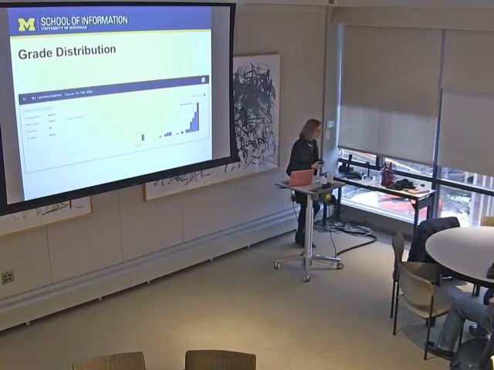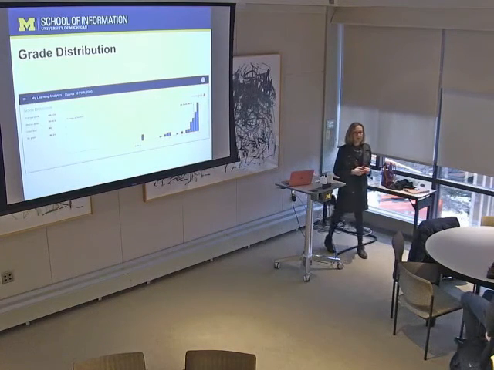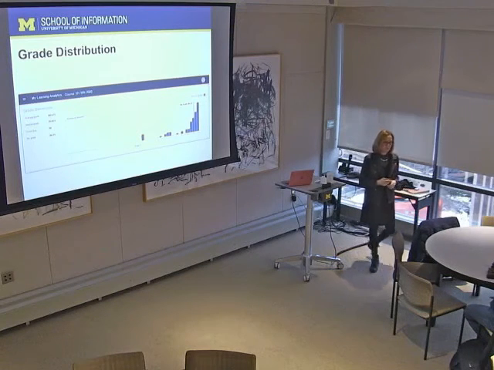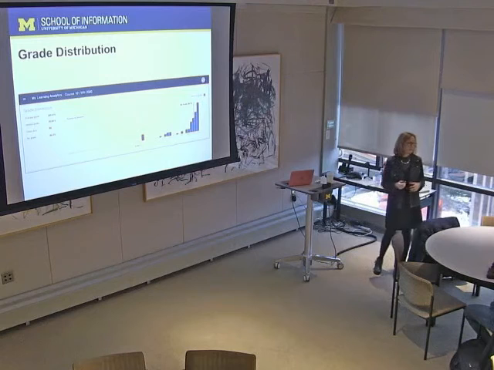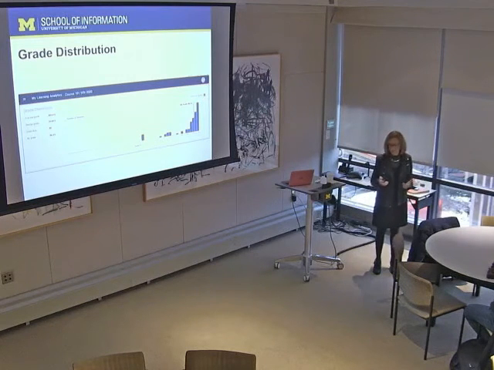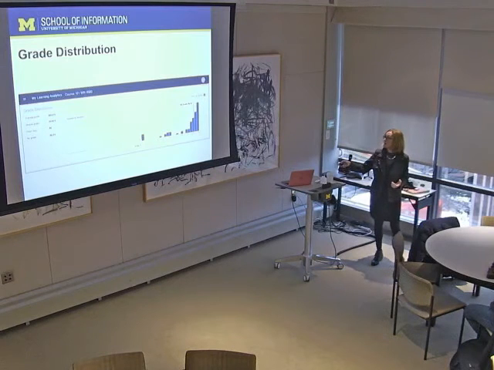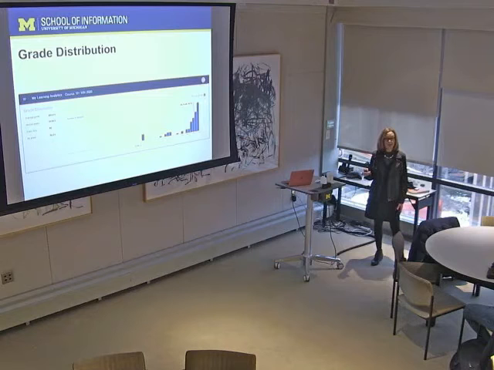Okay, the last view is the canonical view. Every dashboard's gotta have one because students love this view. Every dashboard that you can read results on, students want this grade distribution view. So this is how they know where they are in relation to what everybody else in the course is doing at that particular point in time.